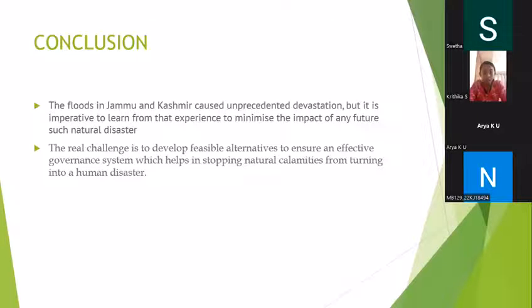So the conclusion is that flood is a real challenge. The real challenge is to develop a feasible alternative to ensure an effective governance system which helps in a natural calamity turning